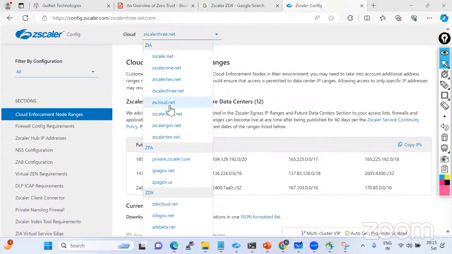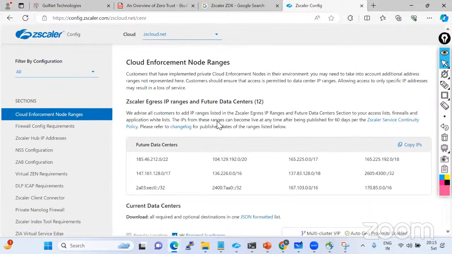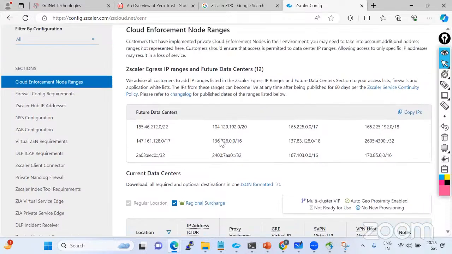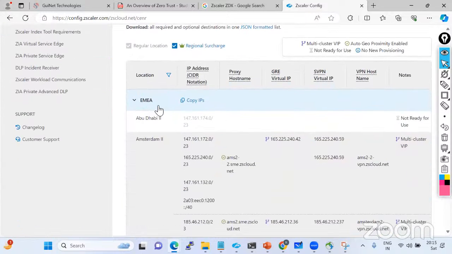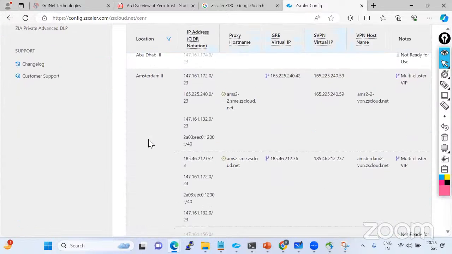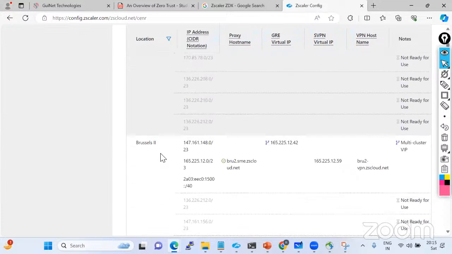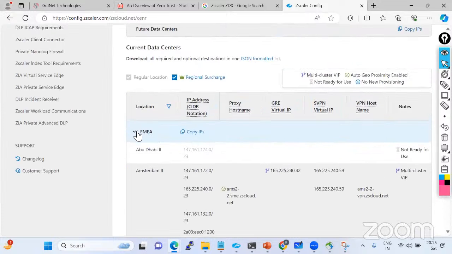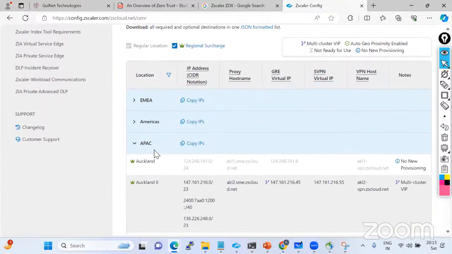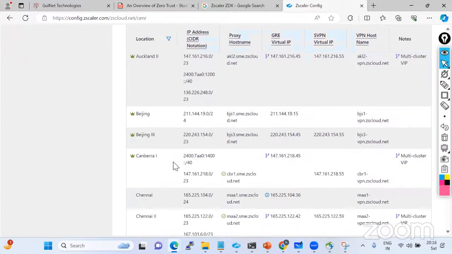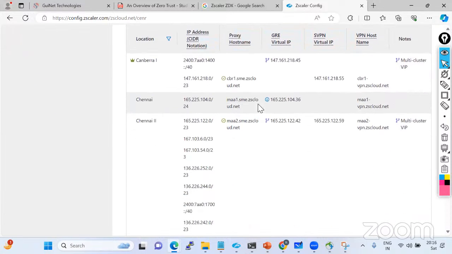Suppose I am logging in with zscloud.net. How many data centers are available across the globe for this particular cloud? More than 160 data centers are available, and those data centers are mapped across the different cloud tenants. You can see here, suppose I am in EMEA: Abu Dhabi has a data center, Amsterdam has one, Brussels has one. You can figure out the locations where you are. Let me check APAC. You can see Auckland, Beijing, Canberra, Chennai. This is India-based, so you can see this is Chennai. You can see the